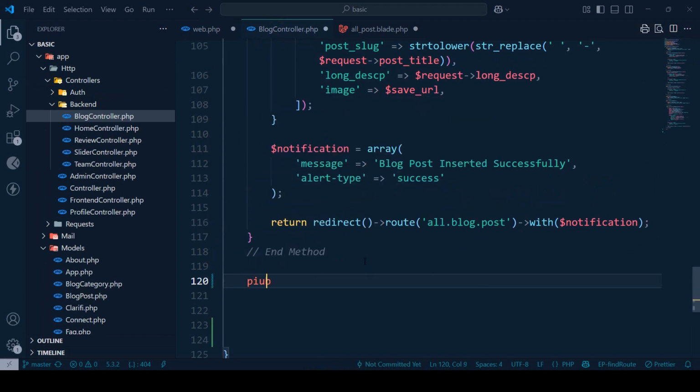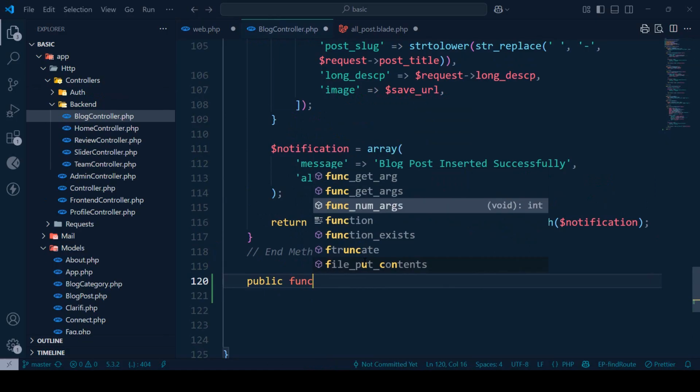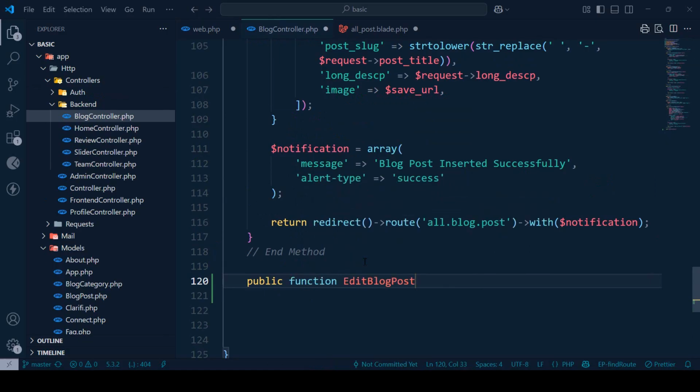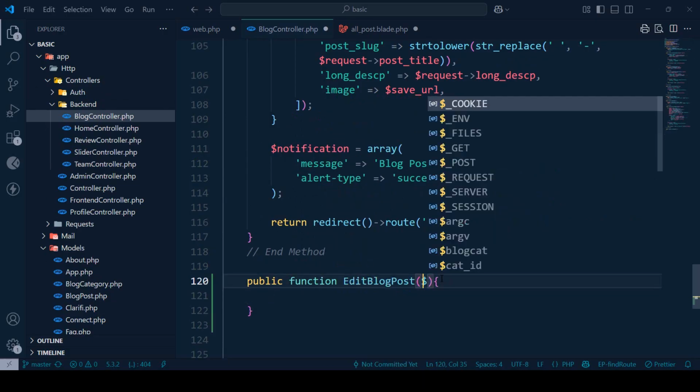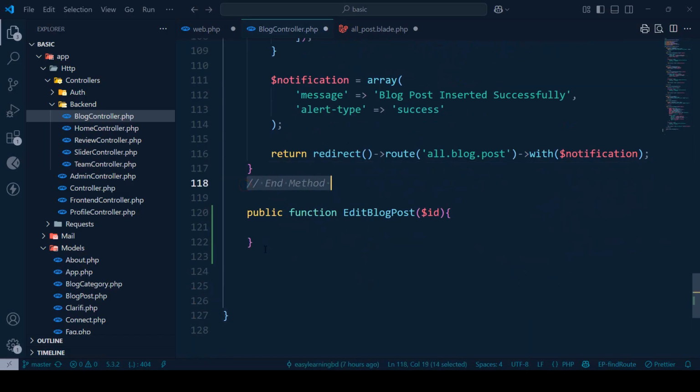So that will be public function, and then our method name will be edit blog post, and also there should be a requested ID. Here I want to receive it, that is the requested ID. Okay, and also better I make it as a method. So simple job. Now here I want